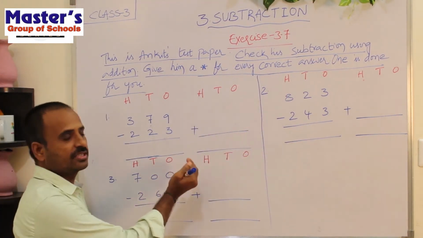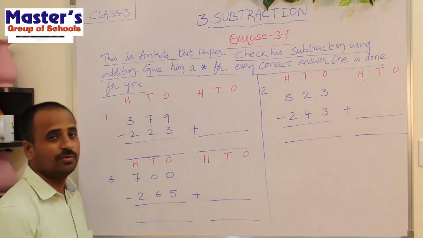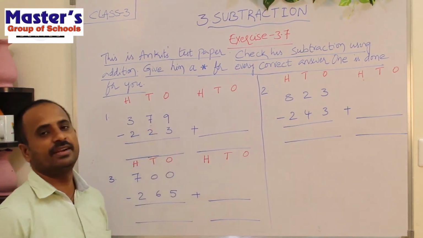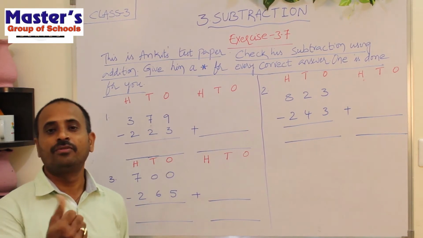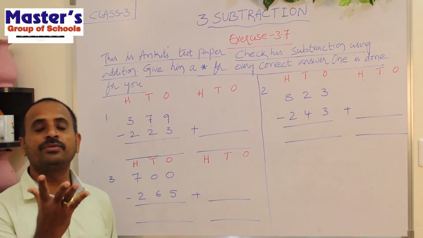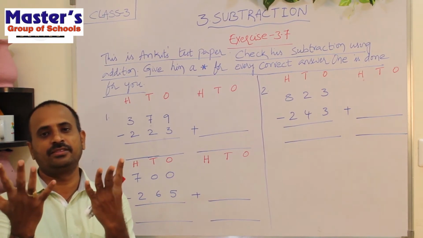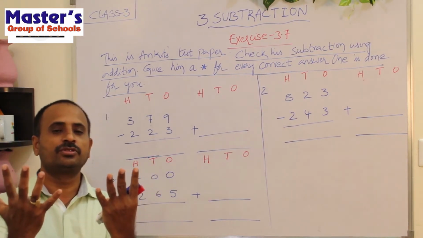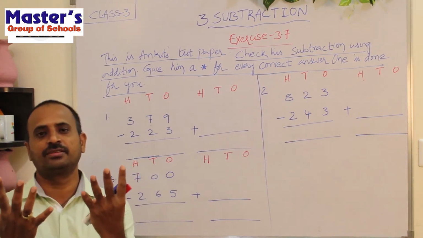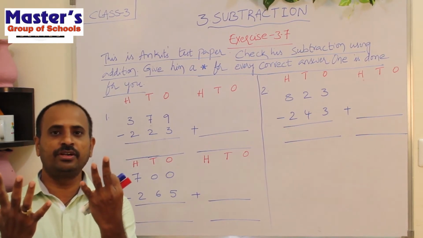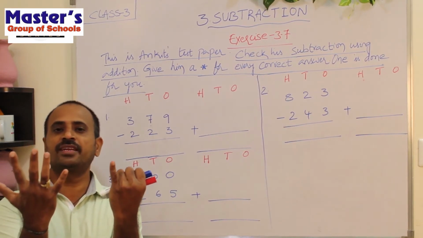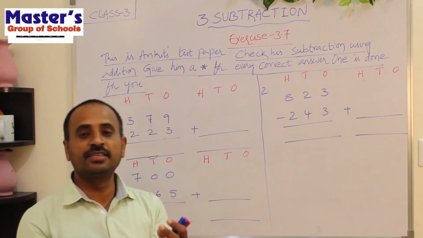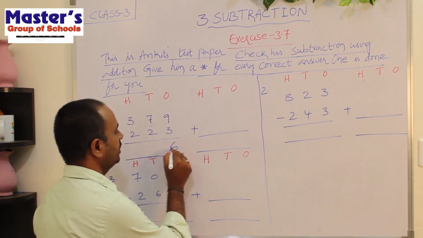So children, let us start the subtraction from ones place. What are the digits present in ones place? 9 and 3 are present in ones place. So what is the first number? 9. So open 9 fingers of your hand. 1, 2, 3, 4, 5, 6, 7, 8, 9. Children, these are the 9 fingers. What is the second number in the ones place? 3 is the second number. So close 3 fingers among these 9 fingers. Children, see I am closing 3 fingers. 1, 2, 3. Now children, how many fingers are there? 1, 2, 3, 4, 5, 6. There are 6 fingers remaining. So write the 6 under ones place.